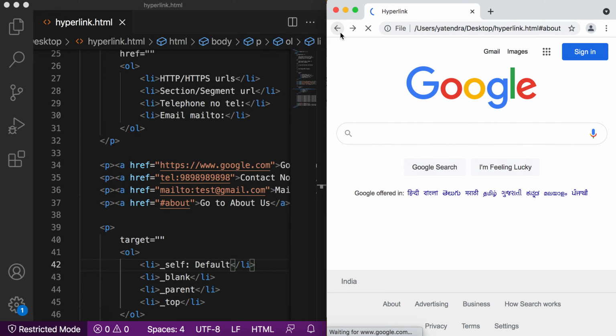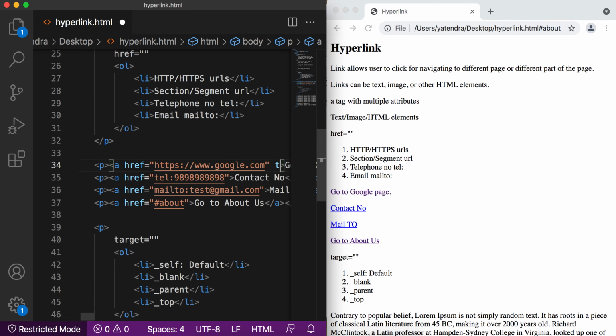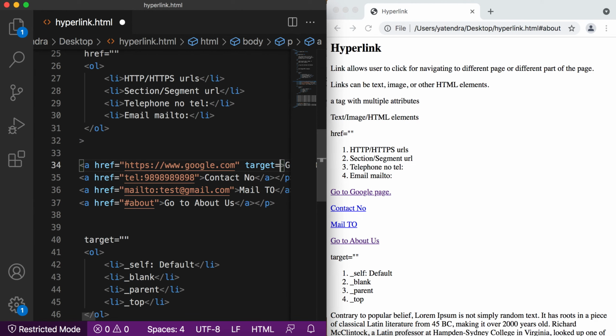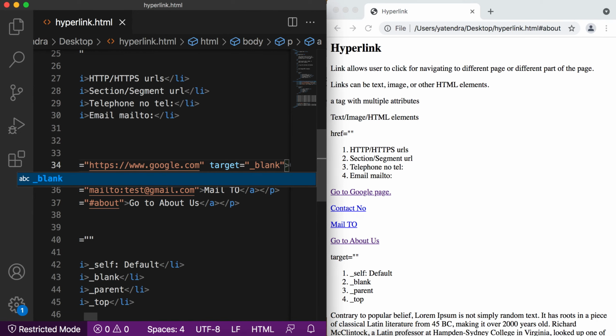Now what I did, for this link only, I add this target attribute and give the value blank. Save this, go to the browser, refresh. Now what happens if I click on this?